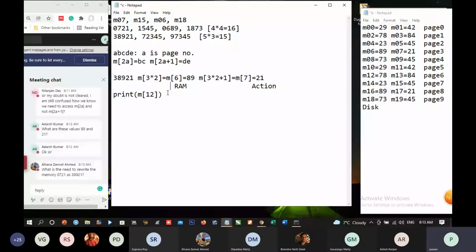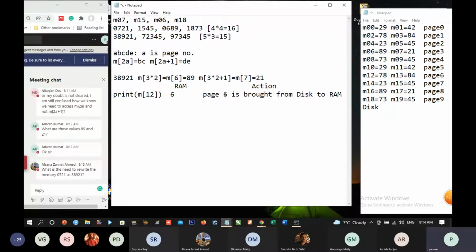Entire page 6 will be brought from disk to RAM. Is it correct? So this action will be taken.